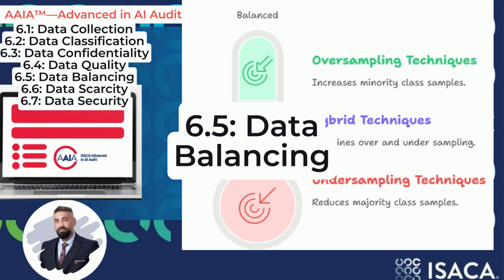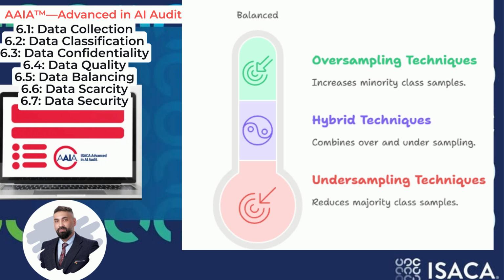Data balancing techniques are used to address the problem of imbalanced datasets. This is where different classes or categories within the data are not equally represented. For example, in a fraud detection dataset, legitimate transactions might vastly outnumber fraudulent ones. If not addressed, such imbalances can heavily bias AI models towards the majority class, leading them to perform poorly on or even ignore the minority class. Data balancing is a key intervention for achieving more ethical and equitable AI outcomes.